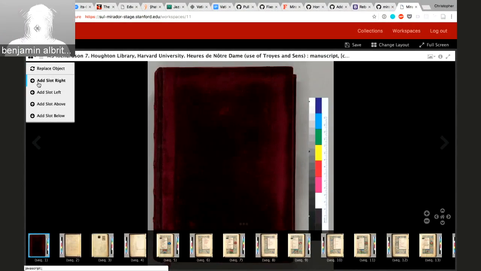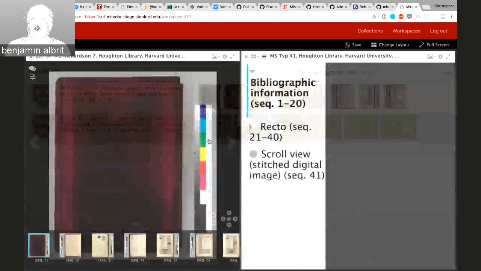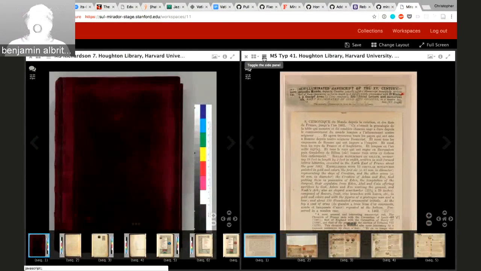We'll go ahead and add a slot to the right. Load up our other manifest. One thing that you may notice about this is that we've added a save state implementation. So you can see a small save button up in the Mirador instance. If we click save, that will take the entire state of the Mirador instance and save it to the database in the Rails app. And if we refresh it,